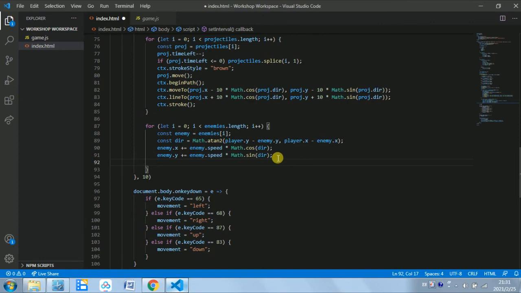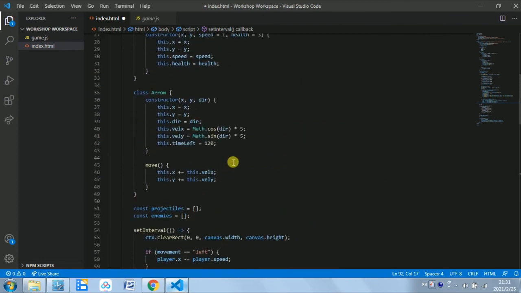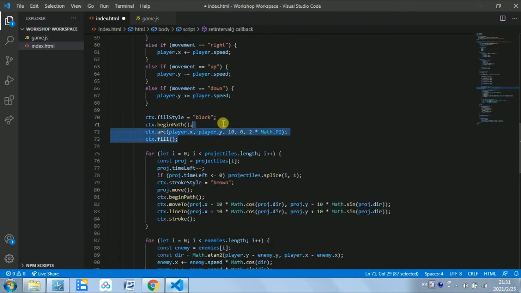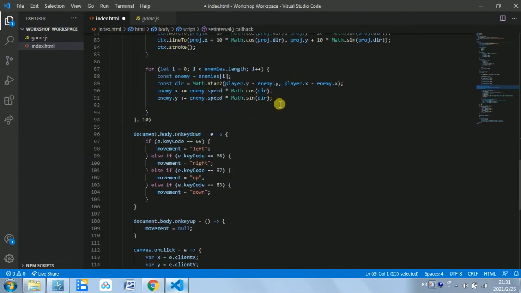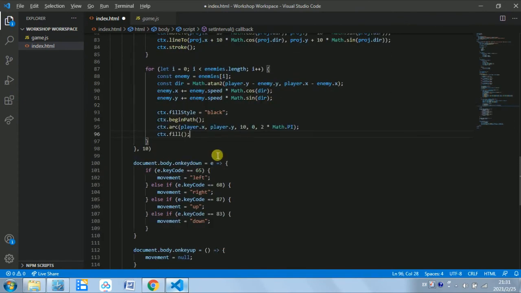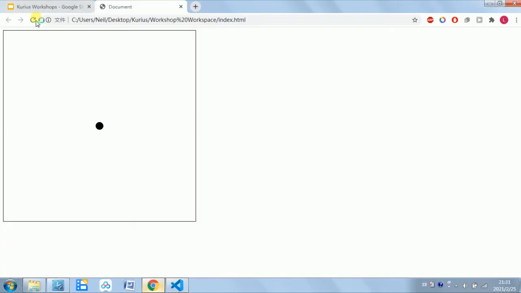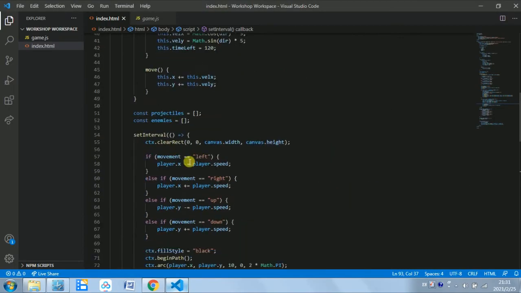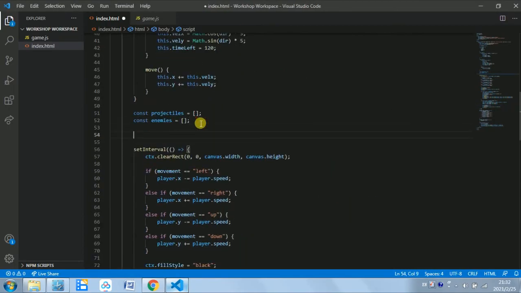So if it's going to be looking similar to the player, we can just copy that code from the player and then just change all the variables that we will be passing it. So instead of player.x, we're going to do enemy.x. Instead of making it black, we'll make it red, just so you can tell the difference. But right now, there's not any enemies on the screen, so we can just